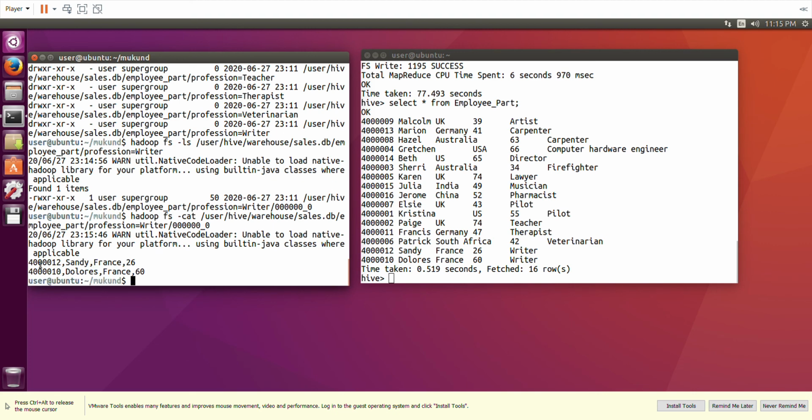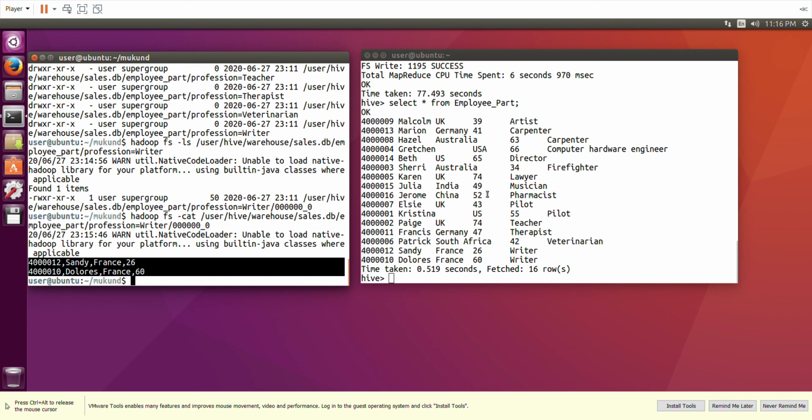See here, it is only giving you the data related to that particular partition. So for writer, you can see the information like Sandy, France, and then 26 and so on. Only these two records are there. So it has been partitioned.